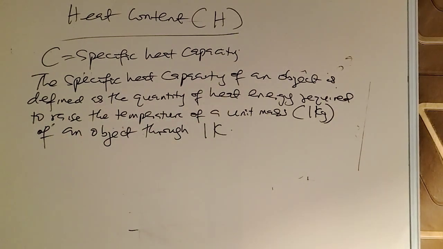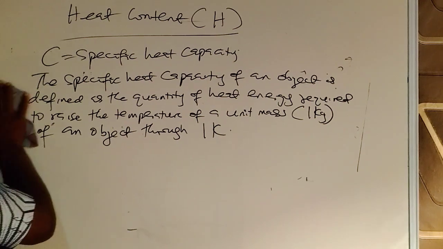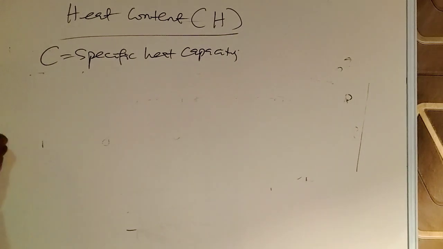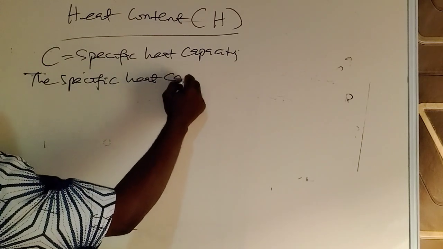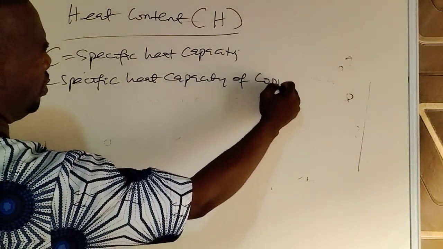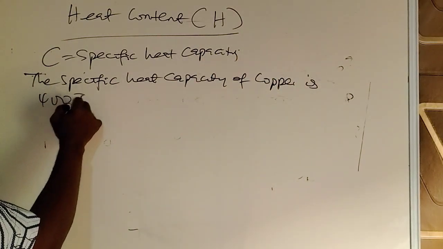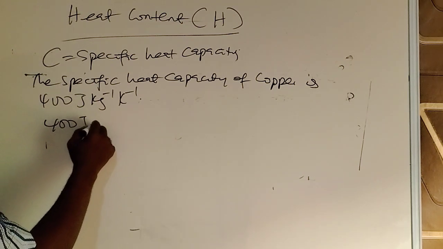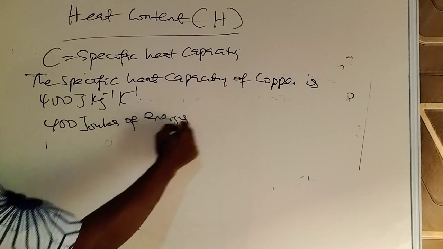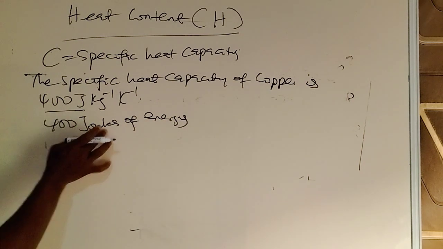So this is very simple to understand. How do I explain this? Let me just use a particular value to explain this. For instance, in physics, we know that the specific heat capacity of copper metal is approximately 400 joule per kilogram per Kelvin. What does it mean, or what does this value imply? It means that 400 joules of energy is required